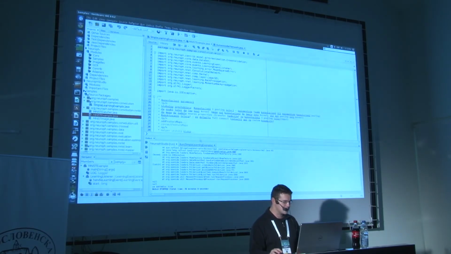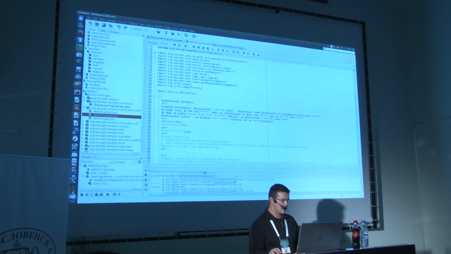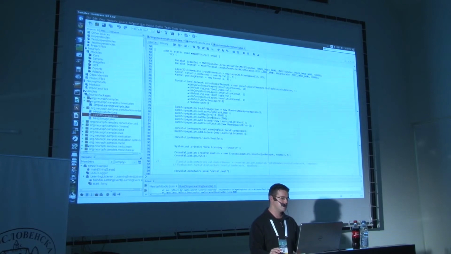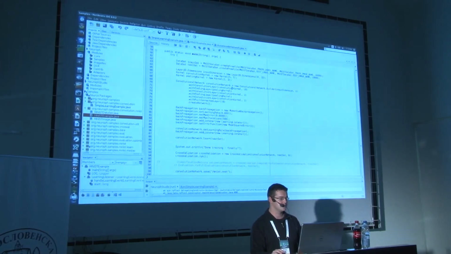So this is an example of how a convolutional network from Neuroph can be used to deal with this sample. All the images are 32 times 32 pixels. We are using a convolutional kernel of 5 times 5, a pooling kernel of 2 times 2, and we have a convolutional network builder, which adds a few layers of convolutional and pooling neural layers.